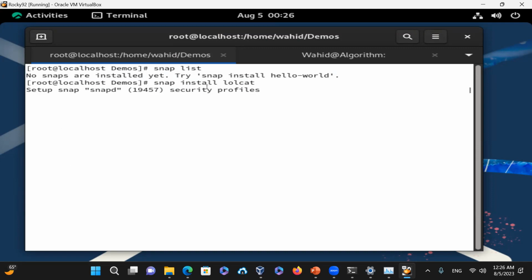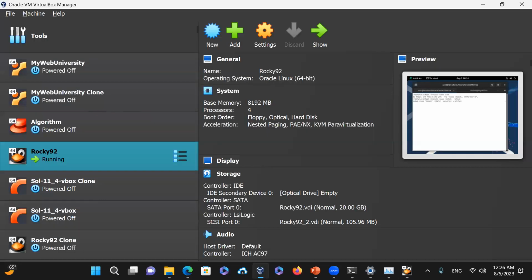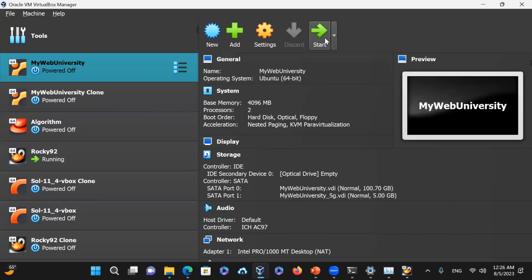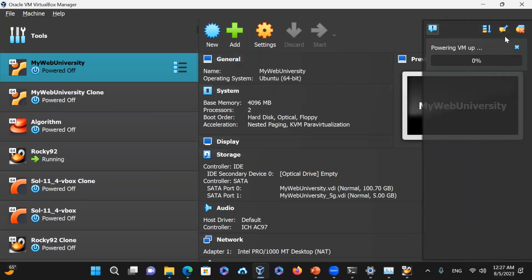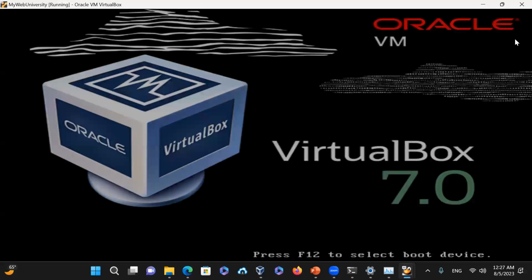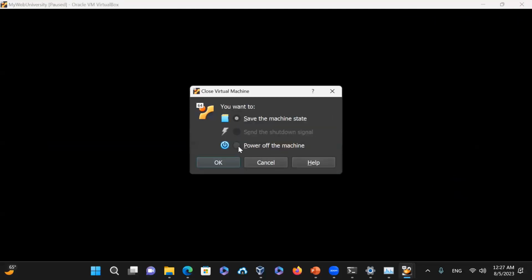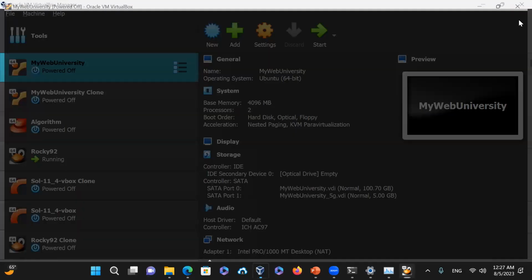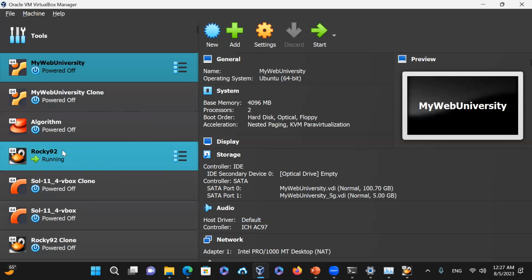Set up a snapd security profile. It is still progressing. I'm gonna also come up with the Linux Ubuntu here. I'm gonna start this one, actually I don't need to, let me just close this one. I don't need to power it on, that's fine. Okay, so on the Linux Rocky,